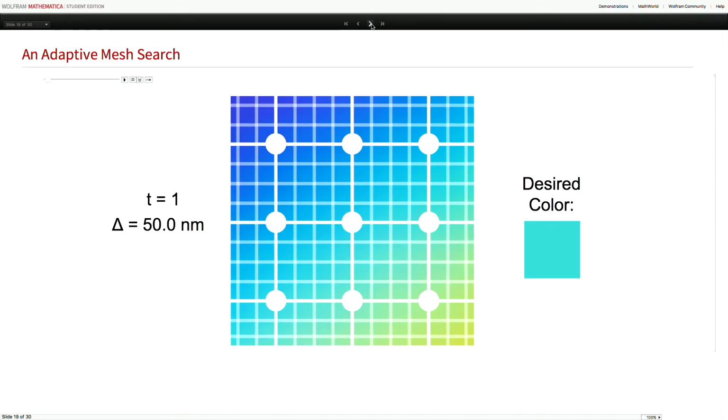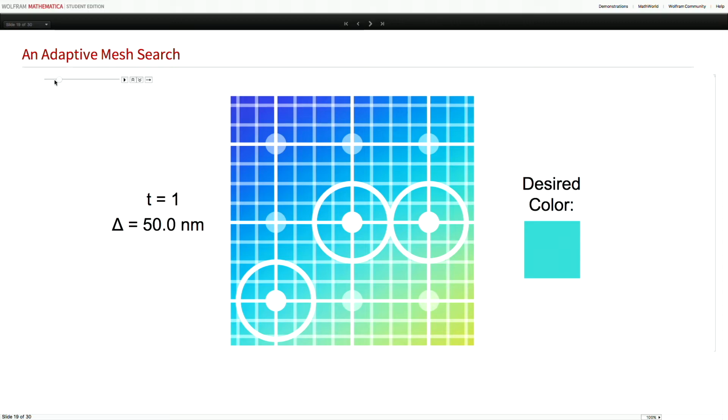And so now we can introduce the adaptive mesh search, which is the way that I decided to search through these parameter spaces. The way I do this is I take the parameter space and I fill it with an evenly spaced mesh of points. I calculate the reflectance spectrum at each of those points. I convert that spectrum into a color. And then I use the color distance function to measure the distance between that color and the color that I'm looking for, in this case, kind of this teal. I calculate the set of color distances, and I choose the set that has the